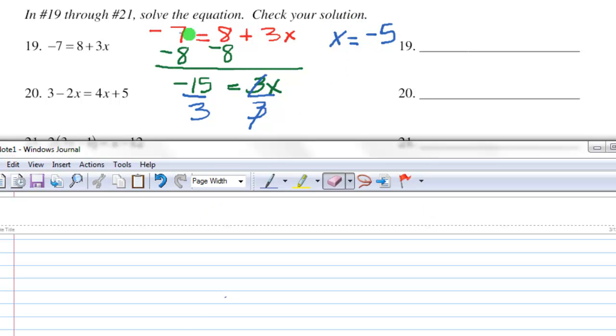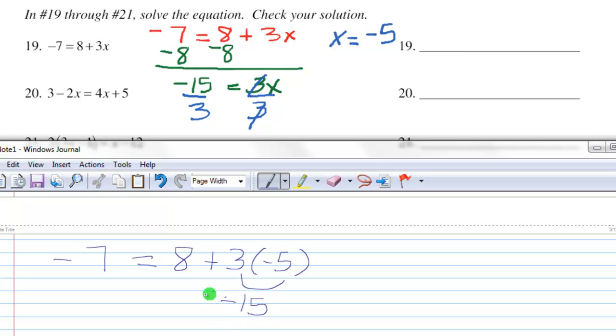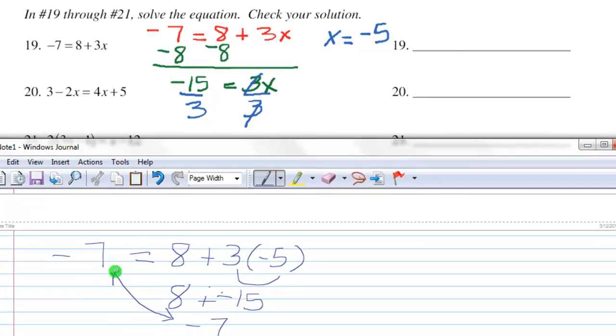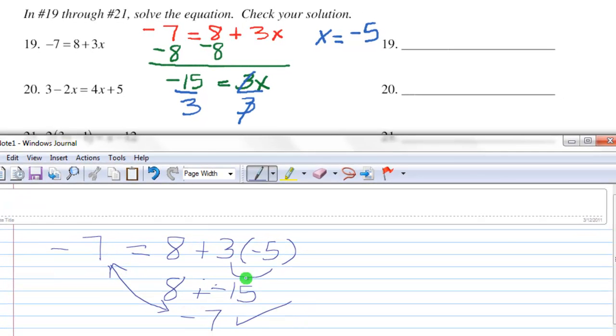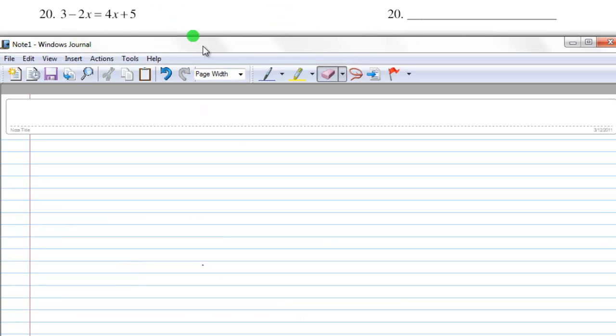So now we want to check that, which means we're going to substitute in our -5 into our original equation to see if we get a true statement. So -7 equals 8 plus 3 times -5. And let's see, we got to do our multiplication first, which is -15. So 8 plus a -15 is a -7. So these match, which means that our solution checks, which is always a good thing to do in a test,